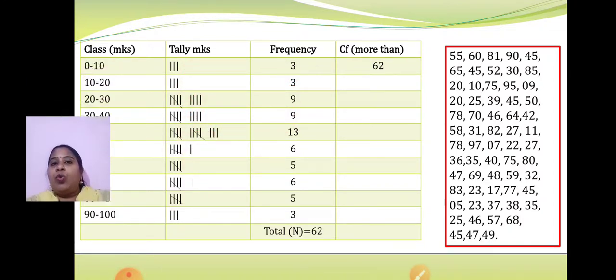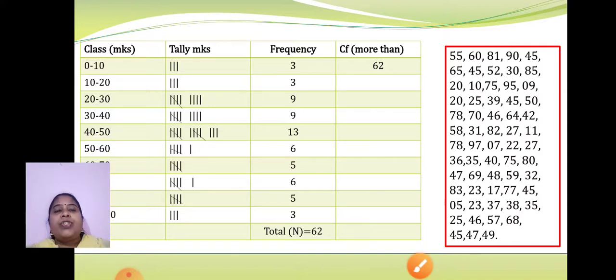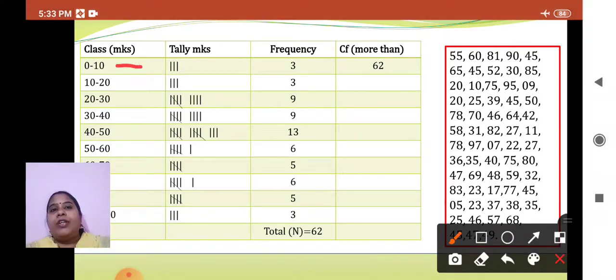Let us check one or two values from here. Suppose I am checking the first interval, that is 0 to 10. Classes are continuous, so I will include all numbers in the range from 0 till 9. Let's search. The first number that can be included is 9. Then 7 can be included. Anything else? Yes, 5 can be included. So these are the three numbers which I have shown you here as frequency 3.